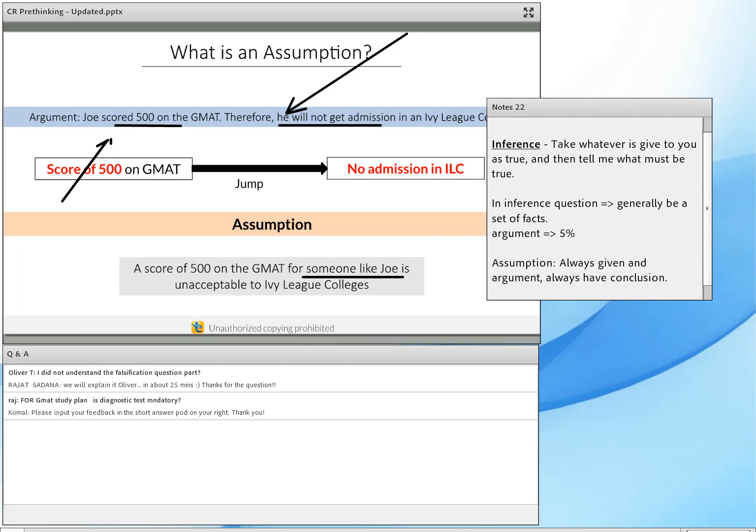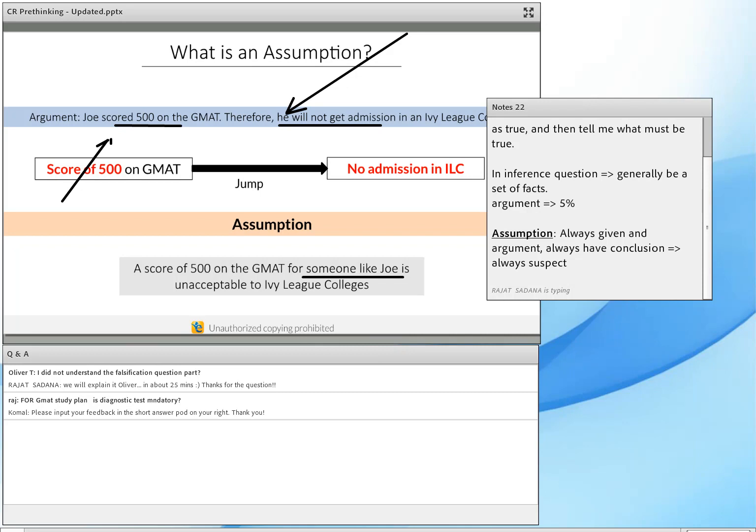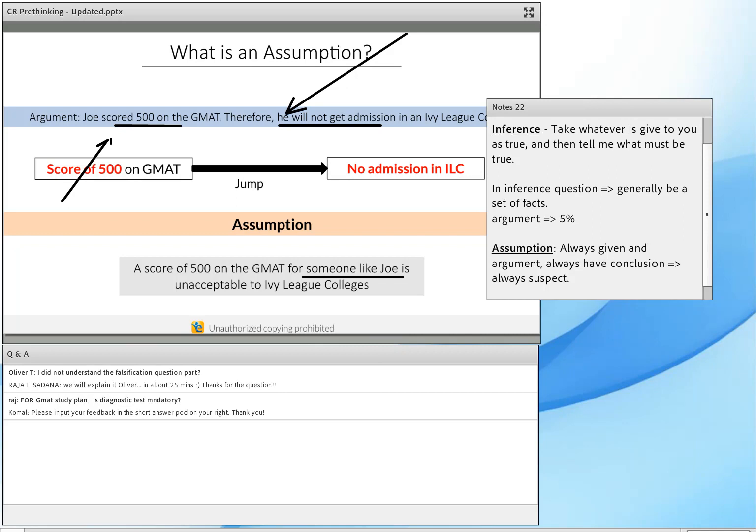And the moment you have a conclusion, by definition, a conclusion is something which is always suspect. You can always challenge the conclusion. That's a claim that someone's making. So in an inference question, you're not going to challenge the prompt. You're going to assume that it is true and say, if that is true,